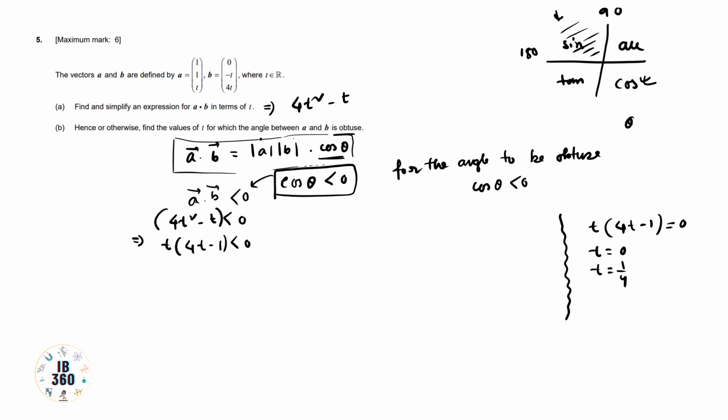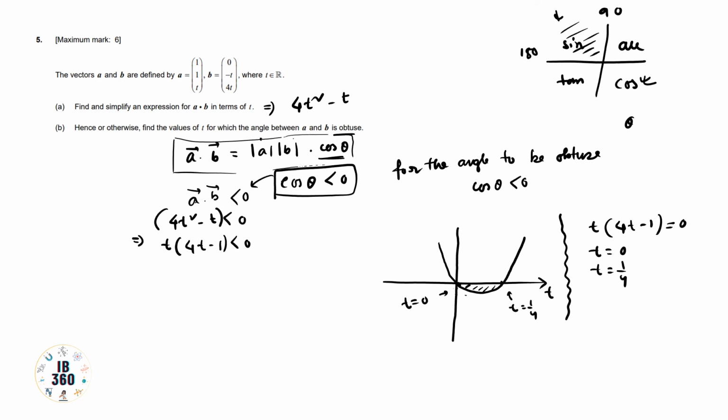As you can see, this is one quadratic equation, so we can also draw the graph of this equation. I am drawing the graph with my free hand, so please pardon me for that. This is the t axis. This is the point where t equals 0, and let us assume this is the point where t equals 1 by 4. We can draw the quadratic curve passing through 0 and 1 by 4, and you can see that for this particular region, the value of y is negative.